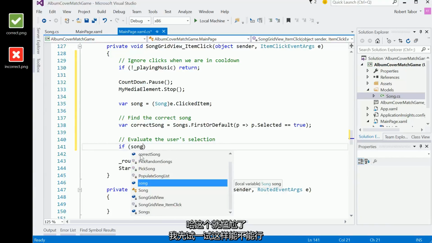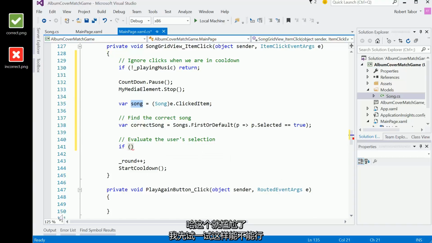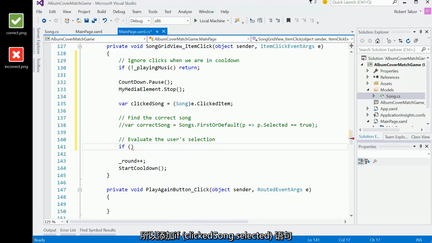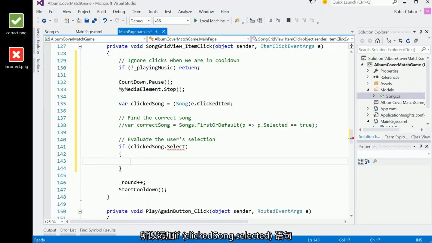If the song, in fact, just to kind of get this square in my mind, clicked song. All right, so if the click song, yeah, I may not even have to do any of this, honestly. So if click song dot selected, then what we want to do is